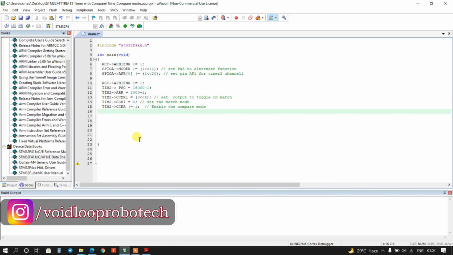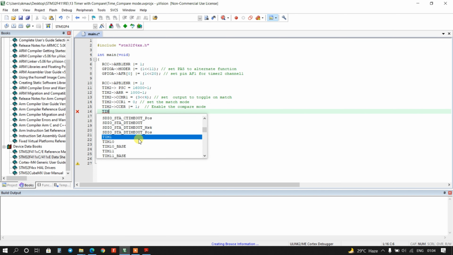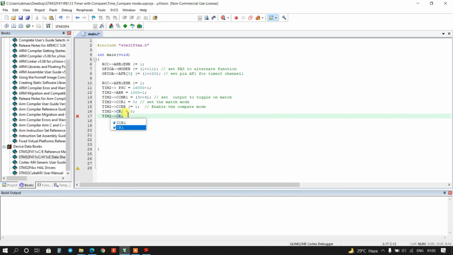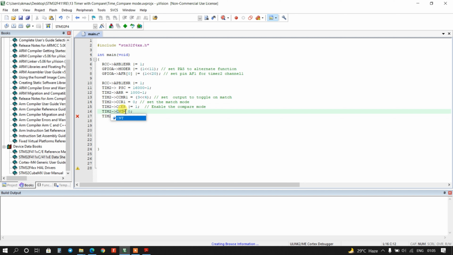Okay, now I will clear the counter. Timer 2 CR1 equal to 0. Now I will enable the timer. Okay, timer 2 CR1, sorry, this is CNT, because the counter will be 0 by default. I will comment this.